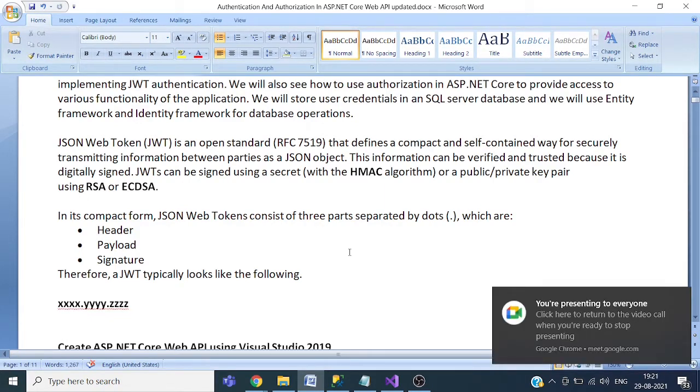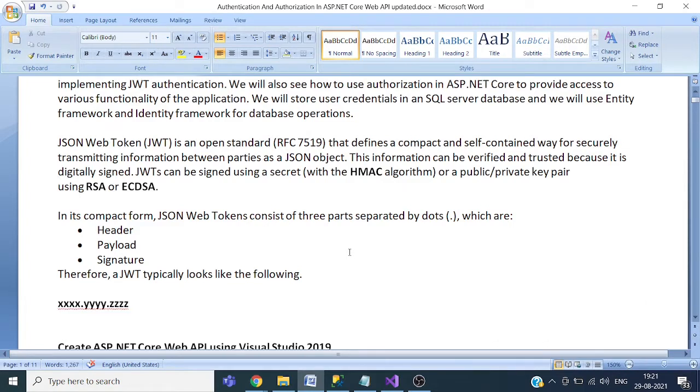So I'm repeating again. We have a web application, or a desktop application or mobile application, which wants to access some API on the server. The application which wants to access the API is known as the client. First of all, the server will generate a JWT token, and that token will be returned to the client. The client will store that token at its end, and in the subsequent request, the client will send that token again.